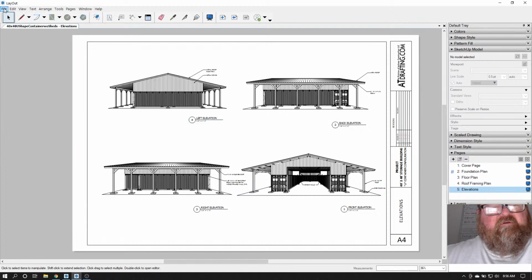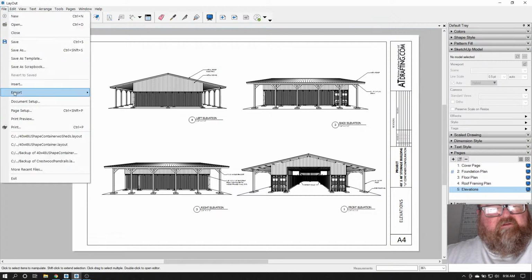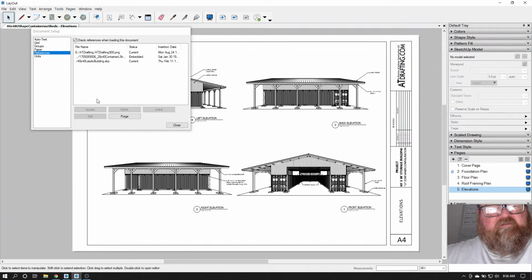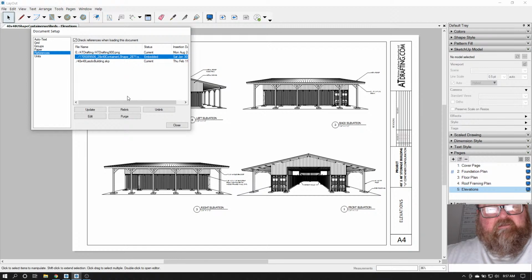Now let me go in here and look at the document setup and references. Let's see if I can